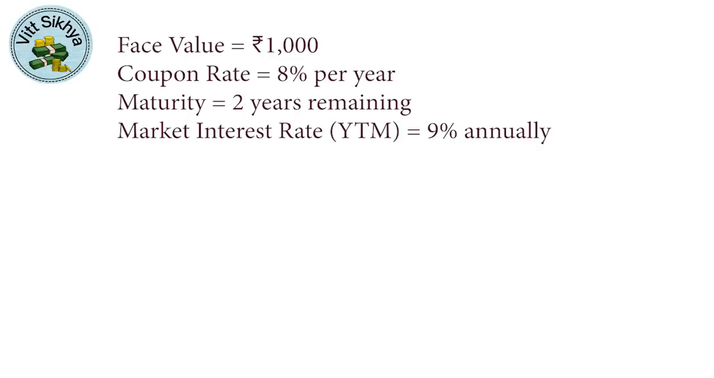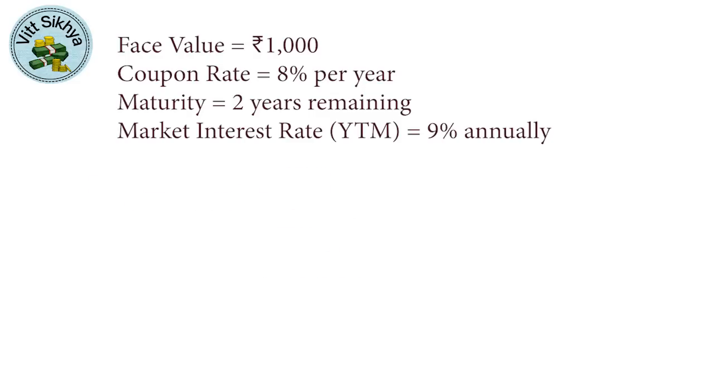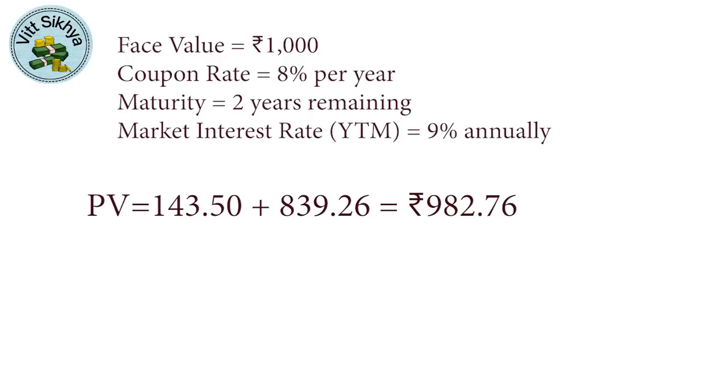Step 2 is to calculate the present value of face value, which is the rupees 1000 at maturity. So PV of face value is equal to 1000 divided by 1.045 raised to the power 4, which is equal to 839.26 rupees. Step 3: add PV of coupons and face value. So that is 143.5 plus 839.26 is equal to rupees